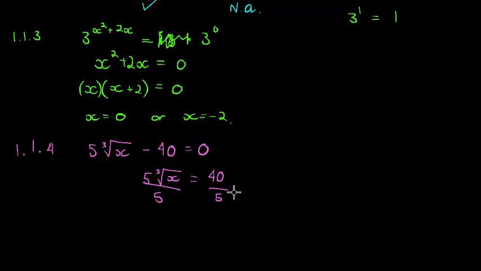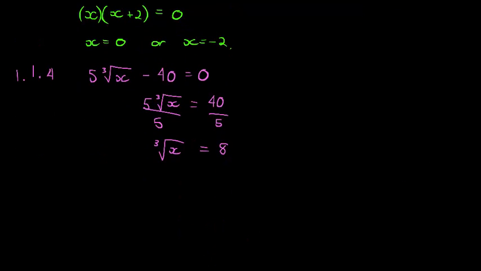But just make it simpler. Look how it simplifies. The cube root of x is equal to 8. So if we cube both sides, x is equal to